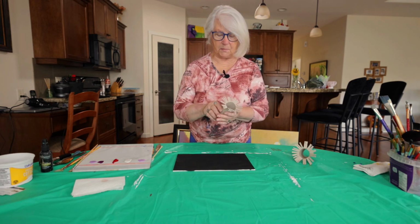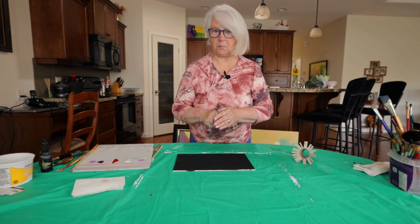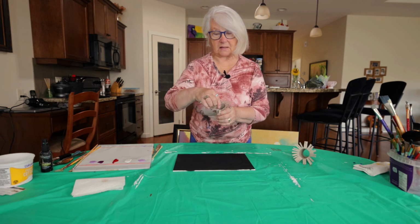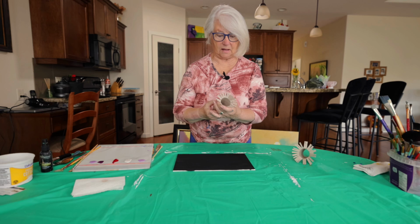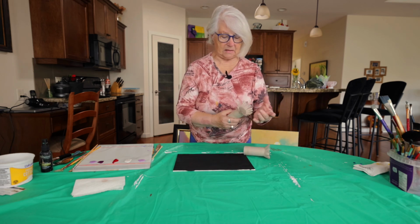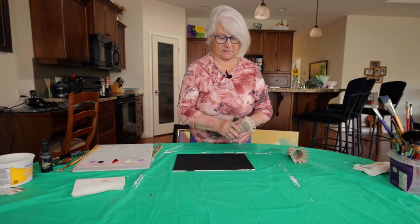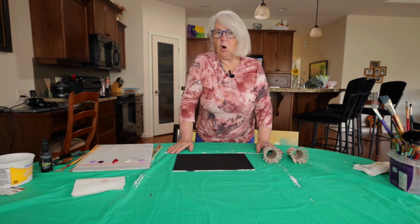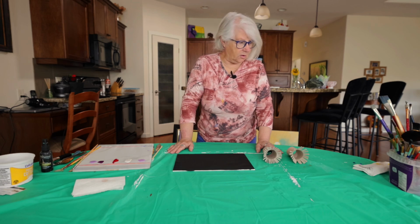If you have any other paper, like a firm paper, like a bit of Bristol board, you can cut it and make a smaller circle. So you could have different sizes of circles. This is your choice, okay? Right now, today, I only have this. So I'm going to dip this into paint, and because this is black, I'm going to do a very light dandelion puff, and I'm going to leave it open on one side. So I need a way of doing that. So I think I will use,